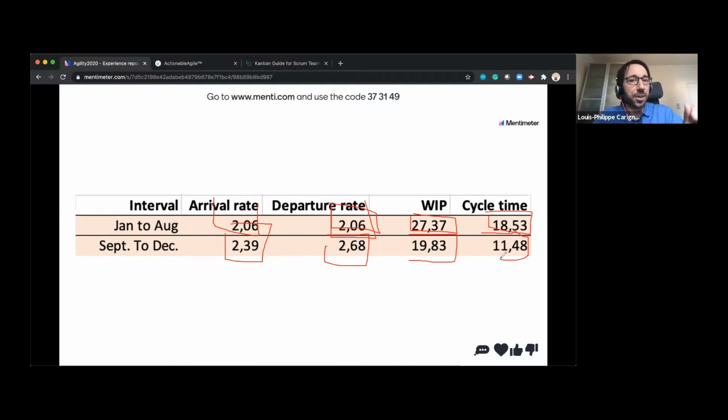And what I like about those Kanban metrics is I'm taking decisions based on facts, which is something I find not enough people in our profession know about, all those nice metrics to take decisions on facts on what to move forward with our team. This is, I think, the beauty of the Kanban guide for Scrum teams. There's a lot of info around the metrics on your historical data.